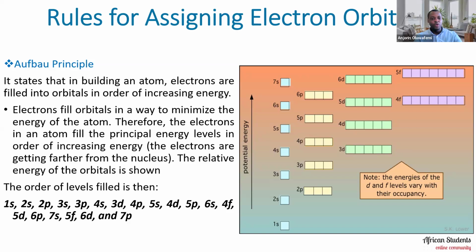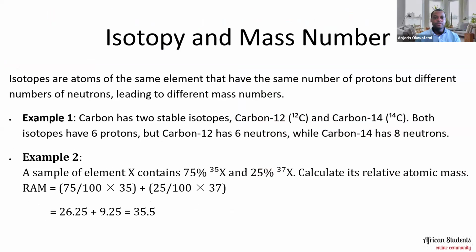So you just move from the lowest energy and then you ascend like that upward. And that is how electrons are filled into the different orbitals that we have. Now, note the energies of the d and f levels vary with their occupancy. So we should take note of this. Okay, having said that, let's quickly dive into